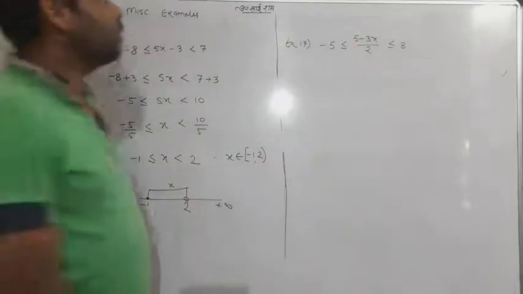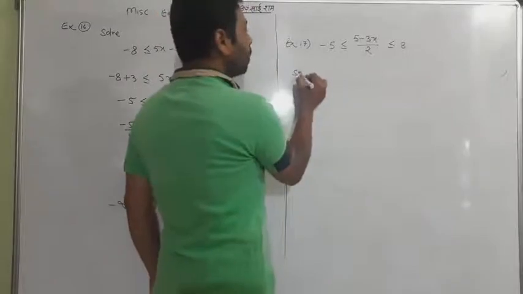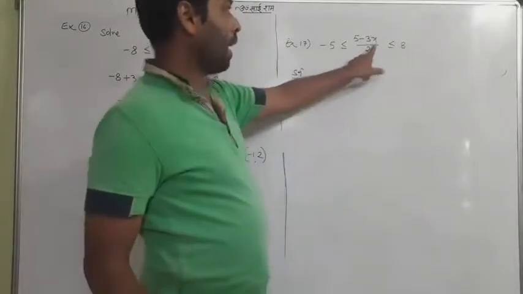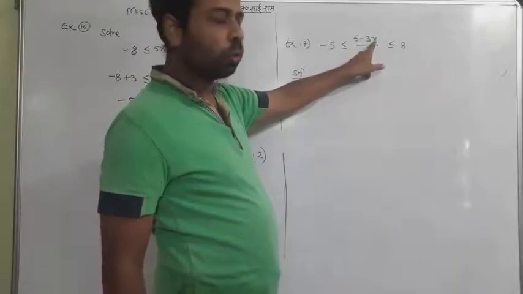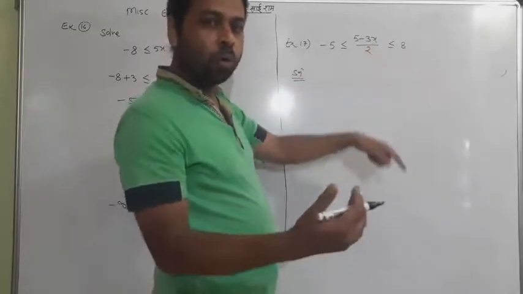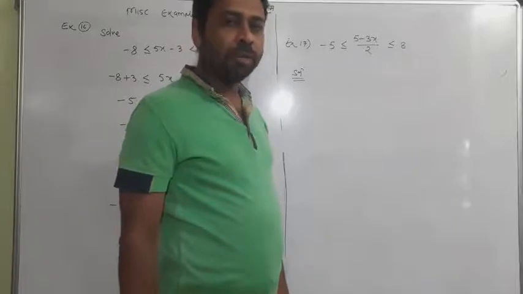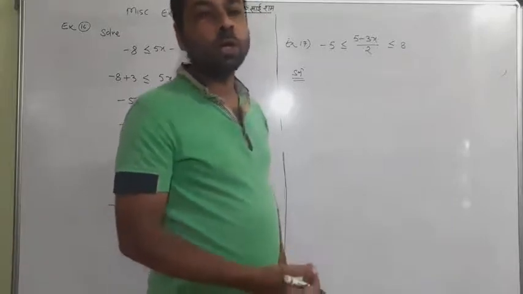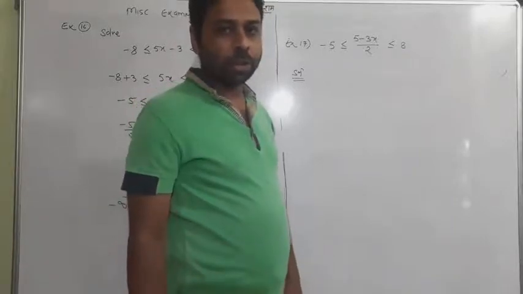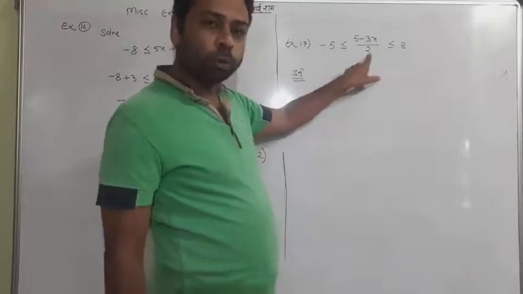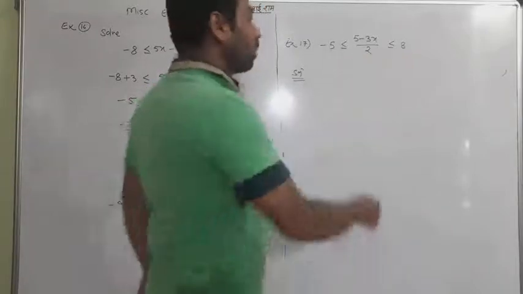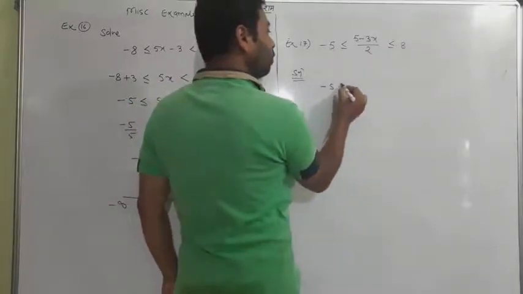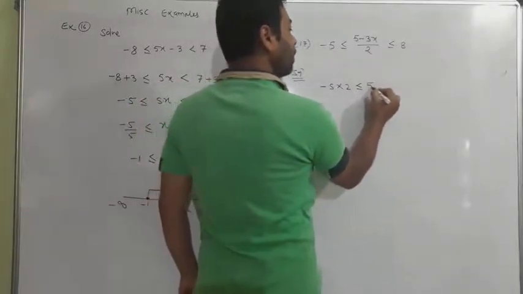Okay. Now look at this question. This is very similar. You have x here. You definitely have to make it alone. So slowly and one by one we will remove all the constants which are with it, either in multiplication or division or in addition or in subtraction. So okay. First I will remove 2 which is in division. So multiply by 2 in all the terms. You will get minus 5 into 2. Here it is the same.